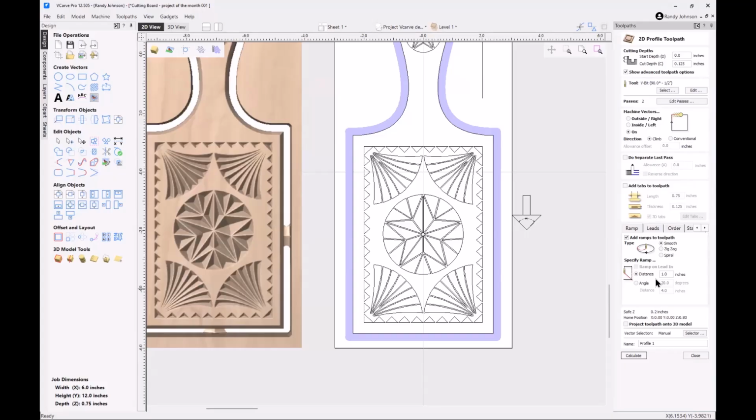A ramp eases it into the material. I use a smooth ramp. I almost exclusively use a smooth ramp for almost all my work. Leads, for those of you who are not familiar with leads, so think of a ramp like a boat ramp going into your material. You can think of a lead as an entrance ramp onto a highway, because you're going to come in from the side. So if I add a lead to this,